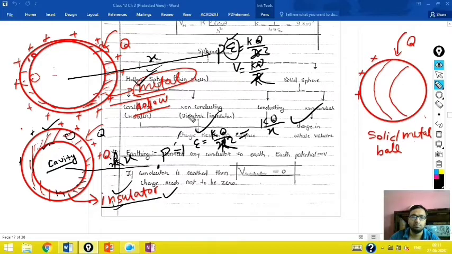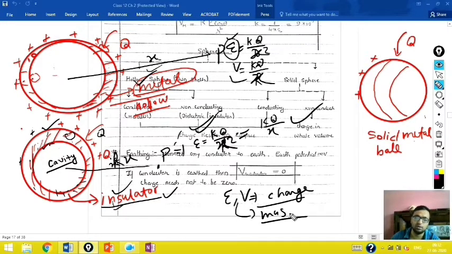So the thing is that electric field and electric potential, all these are properties of charge. Remember it, these are not properties of mass. Means electric field doesn't depend on mass, or the calculation of voltage does not depend on mass. So we can say whether your sphere is heavy or lightweight, that doesn't matter. All these properties are related to charge. If you have provided an equal amount of charge, then all these values will have the same magnitude. Okay.